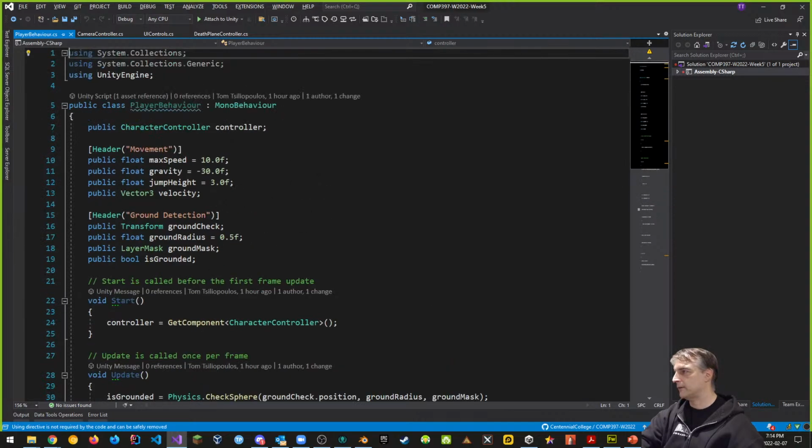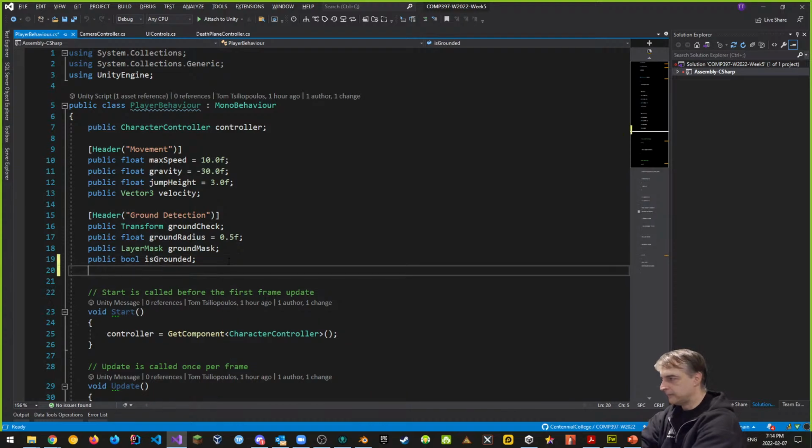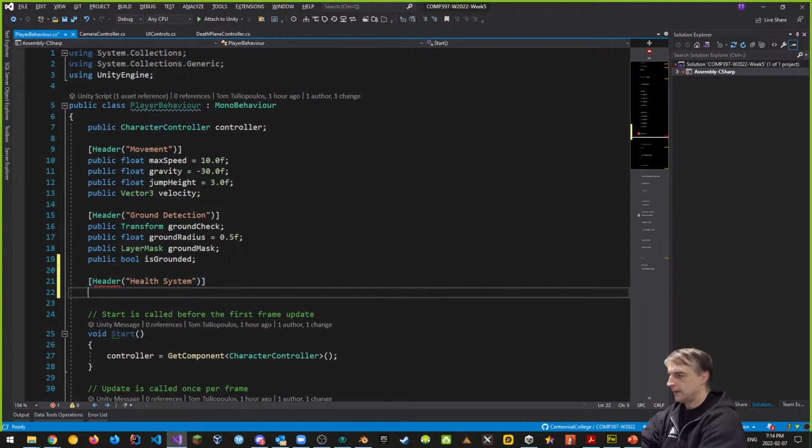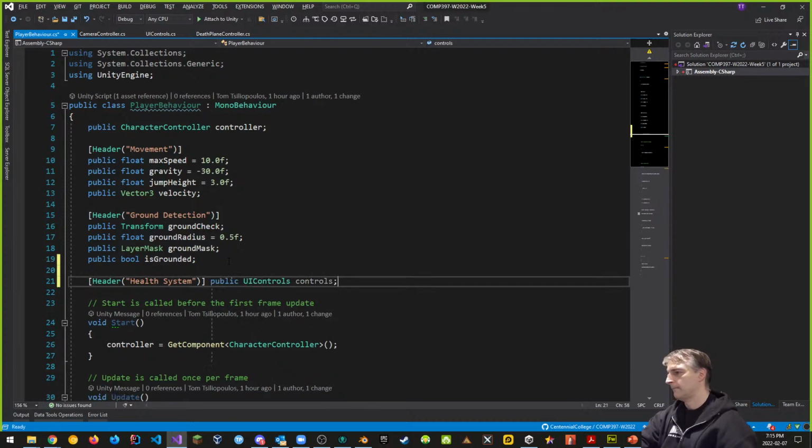we will make a reference to the health bar. Now again, you want to make a reference to the UI controls for now, because that's what it's called. Header, and we'll say health system. This is the first part of the health system. And we'll just say something like public reference to a UI controls, which we'll call controls. And what we'll say is that